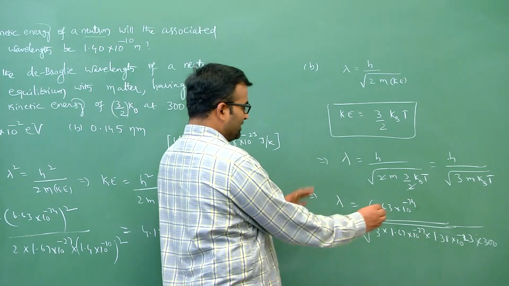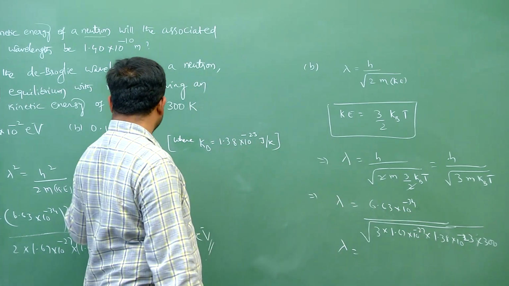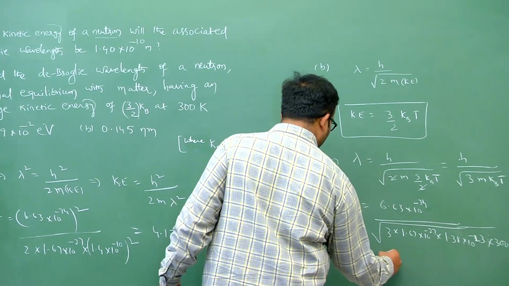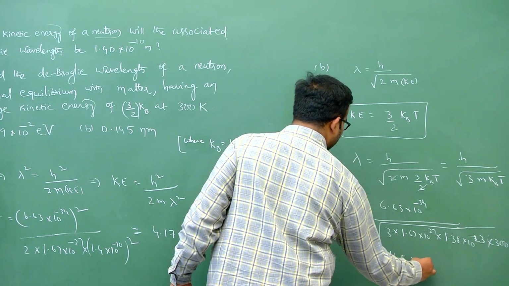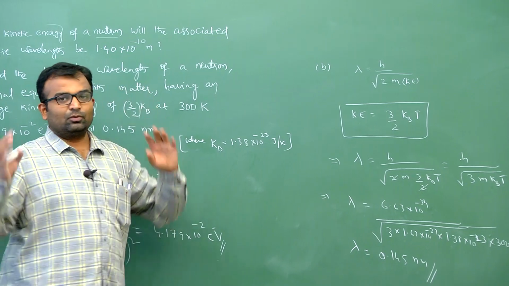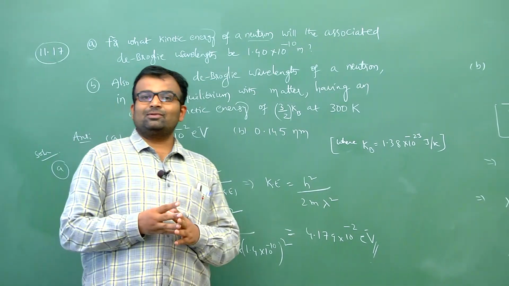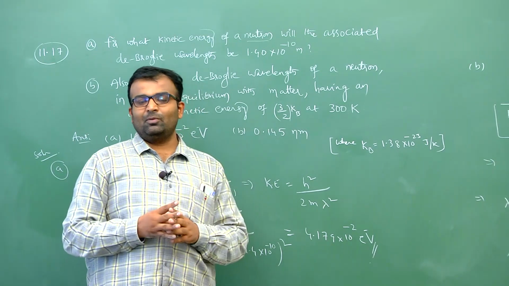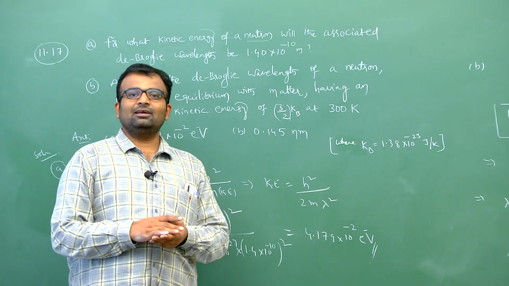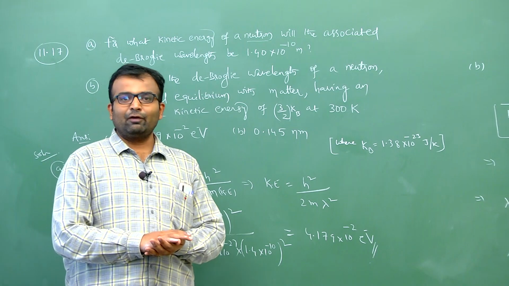After these substitutions and proper calculations, the final result, which I have already mentioned, in nanometers will be around 0.145 nanometers. This is how you can solve the 17th problem, both question A and question B, which I have explained like this. Two more problems will be there in the textbook, the 18th problem and 19th problem, and you can easily solve those further two problems with the help of the earlier discussion. This is the numerical discussion on wave nature of matter.